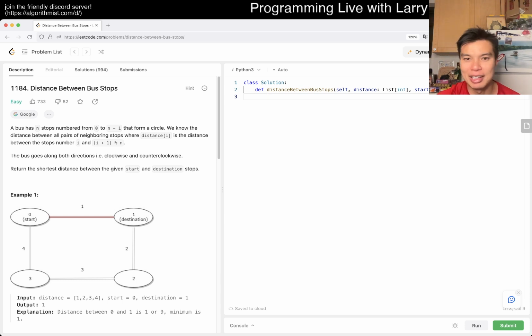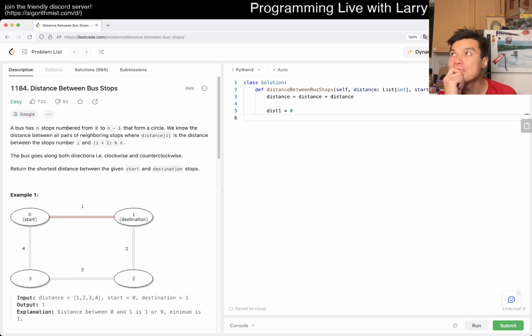The way that I would maybe write this is maybe double it up so that we don't have to worry about wraparounds. And then now we have two distances, right? Going to the right, so you're going from start to destination, right? Yeah. So start to destination. This is a little bit tricky, but okay, fine, right? So maybe distance 1 is equal to 0. So if destination is, okay, so